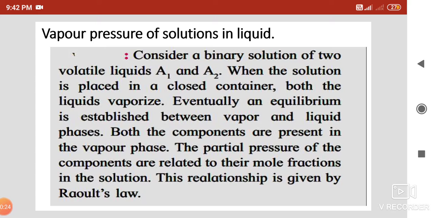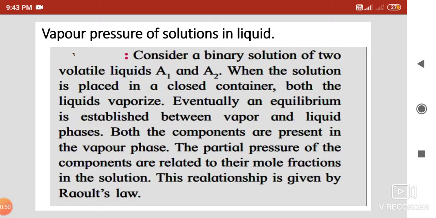When the solution is placed in a closed container, both the liquids vaporize. Eventually, an equilibrium is established between vapor and liquid phases. Both the components are present in the vapor phase. The partial vapor pressure of components are related to their mole fraction in the solution, and this relationship is given